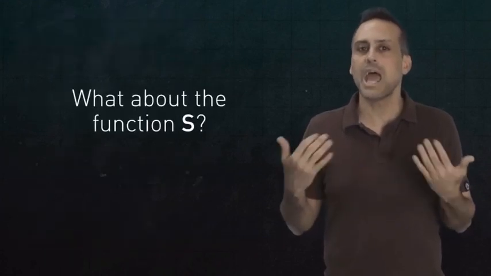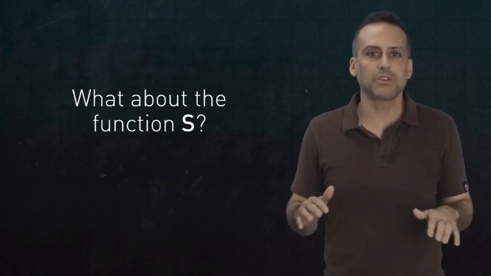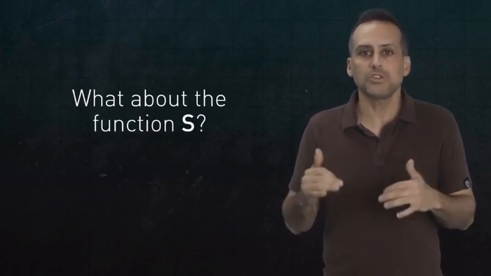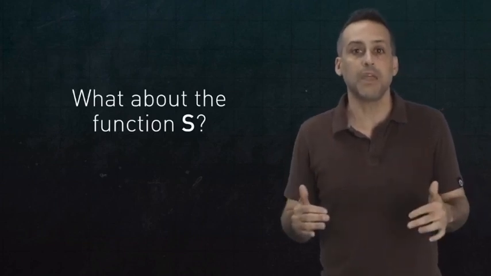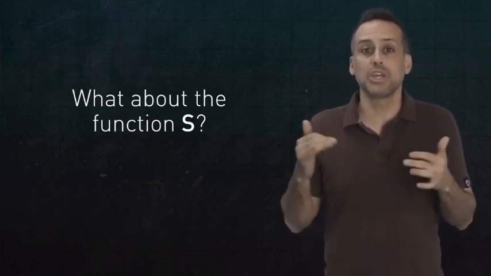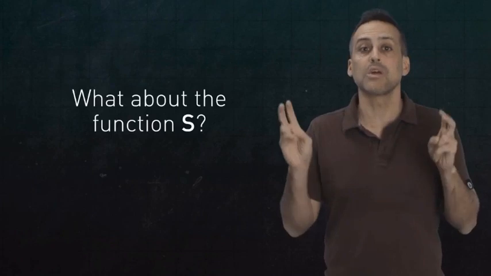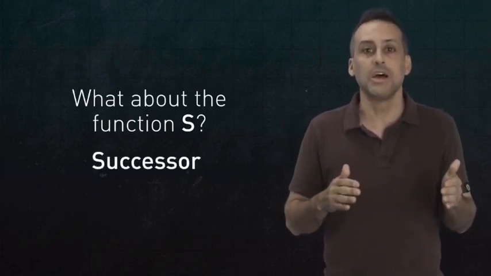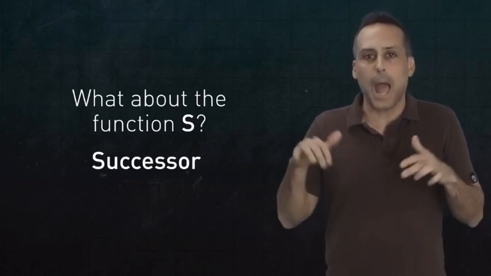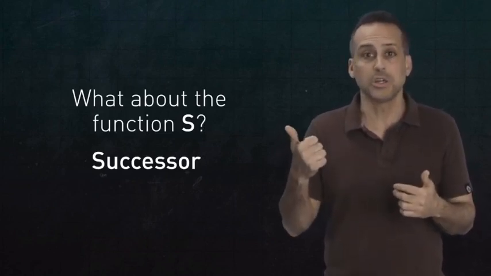Now what about the function S? Notice that we never specified its internal mechanics. We just enforced some constraints on its behavior that apparently capture the intuitive notion of next or successor, ergo the S. And we used as ingredients only the abstract concept of a function and the idea of equals. So we're done, right? Well, not so fast.